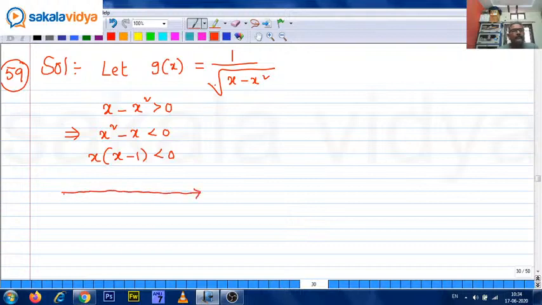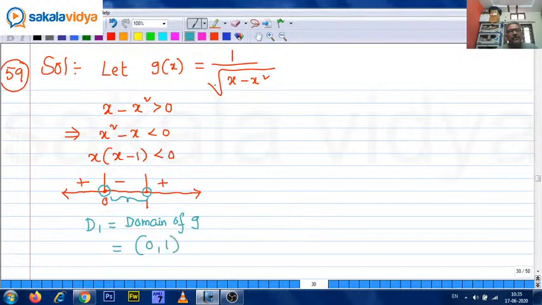wavy curve method. x equal to 0, critical point 1. Okay, this is plus sign, this is minus sign, this is plus sign. So now you need to consider here to here, 0 is not included and 1 is not included. So that means D1, the domain of g, we can write open 0 comma 1. We got one solution only. Right. Next,